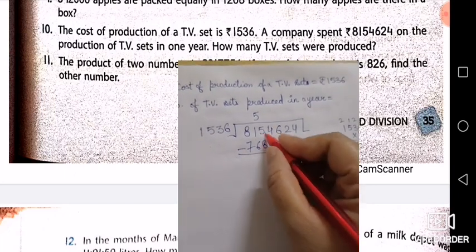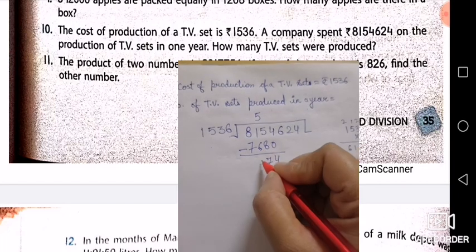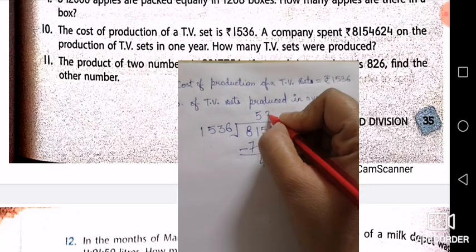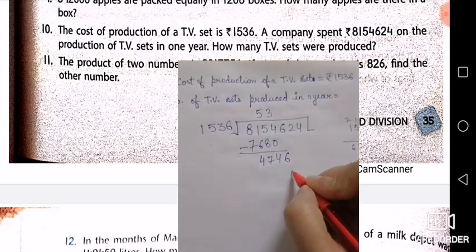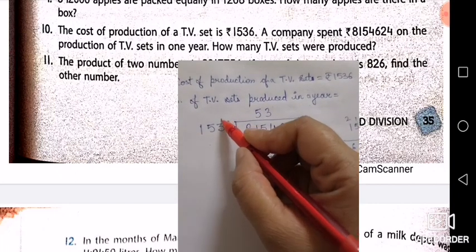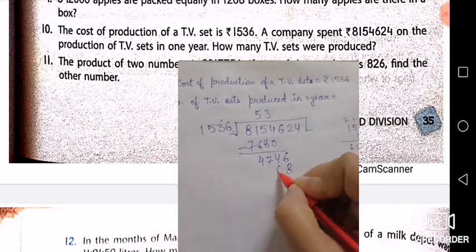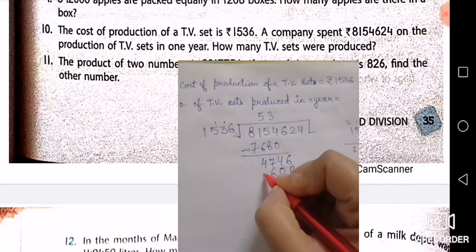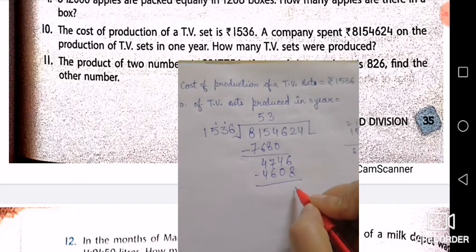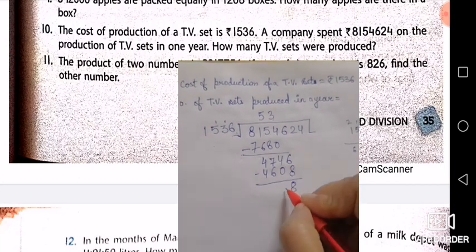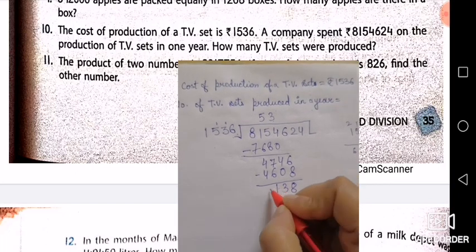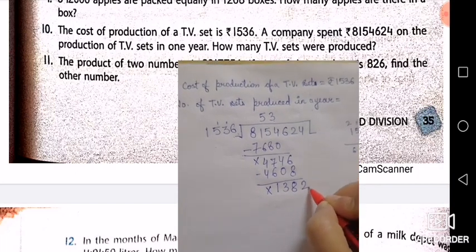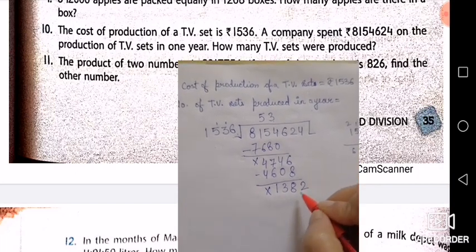4, 15 minus 8, 7 you will get. 10 minus 6, 4 you will get. Now the next is 6. Now 15 3s are 45. But obviously it will go on 3 times. 3 6s are 18. 1 will be carry. 3 3s are 9, 1, 10. 3 5s are 15, 1, 16. Carry 1, 3 1s are 3, 4. So 16 minus 8, what will you get? 8, 3 and then 1. Here 0 you will get. So what will it be getting next? 2. Now you are going to get 1382.